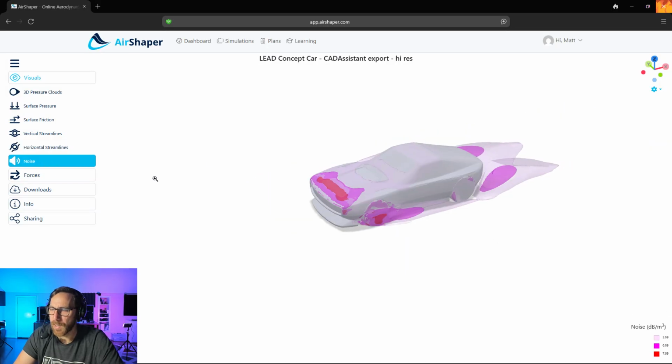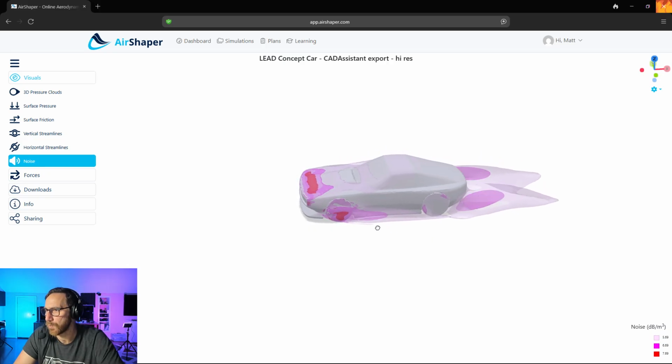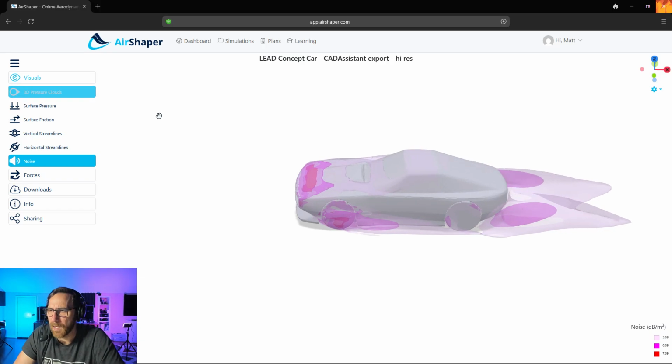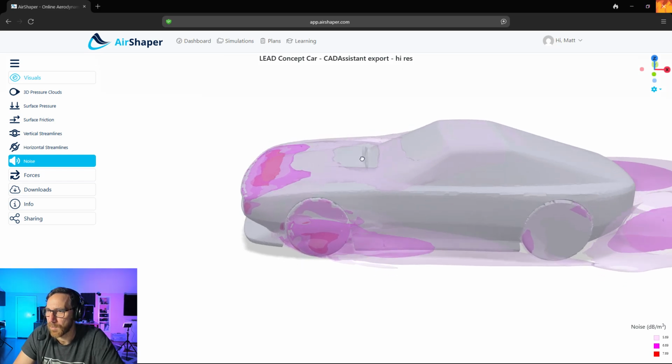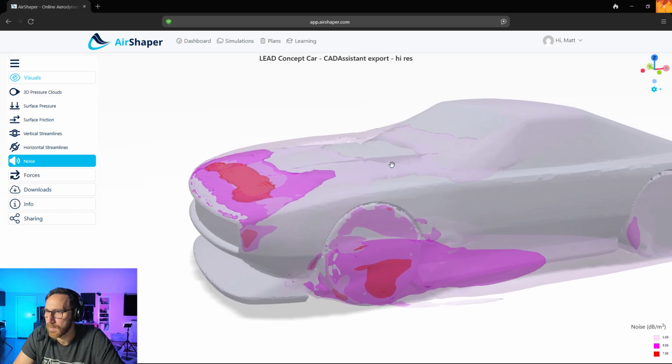Then there's a noise plot. So the noise is looking at areas that are going to essentially be creating noise, like wind buffeting. And I think that we've probably all been in vehicles that are quite a bit noisier than others. And we can see the areas that we had in the 3D pressure cloud, like on the leading edge of the hood. Those areas where the air is not sticking to the vehicle, it's kind of hopping away. Those are areas that are going to start to be somewhat noisy. And we can also see some of these that are going up around the A-pillar and right at the base of the